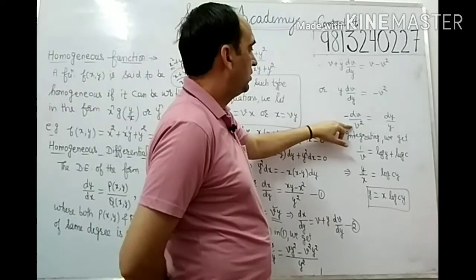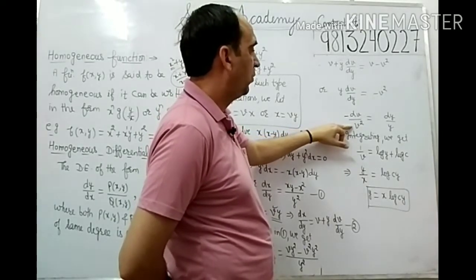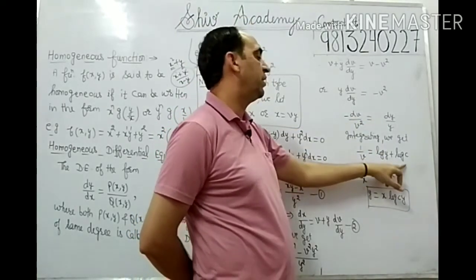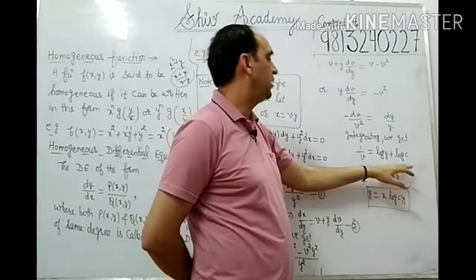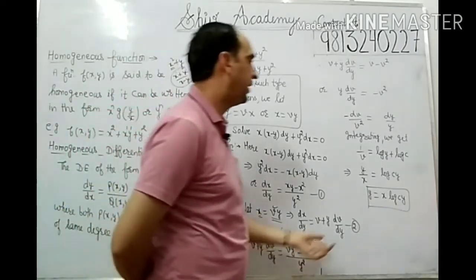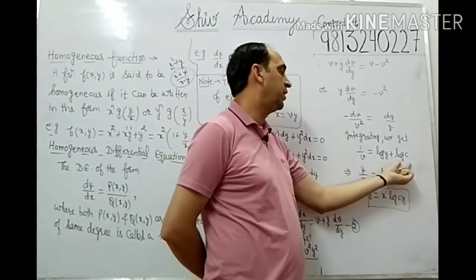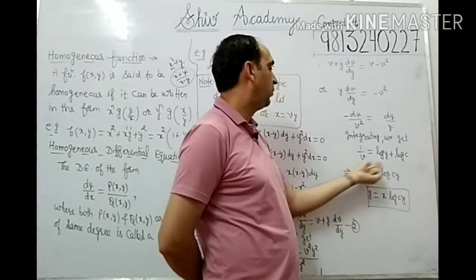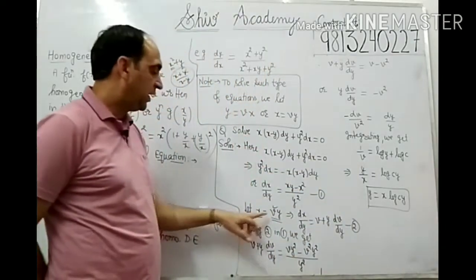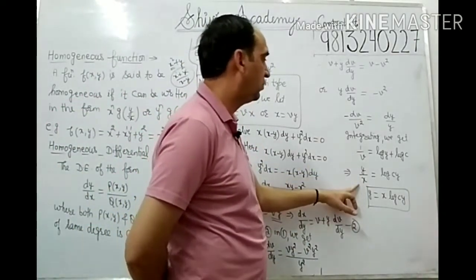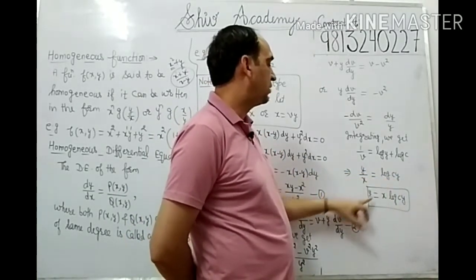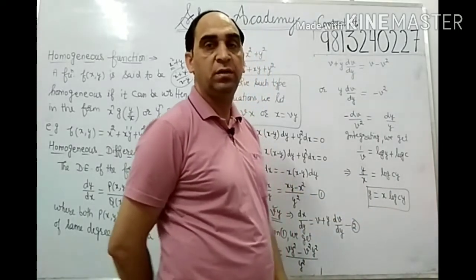When we integrate it, dv upon v square is minus 1 upon v, and with the minus sign it is 1 by v. dy by y is log y. Because log y is there, we add the constant in the form of log c. It is not necessary, you can just write c also. But generally when we get the answer in the form of log, we add the arbitrary constant in the form of log. So 1 upon v equal to log y plus log c. The value of v was x upon y. So we take the reciprocal, y by x equal to log y plus log c, and log m plus log n is log m into n, so it is log cy. We cross multiply, so what we get is y equal to x log cy. So we get the answer.